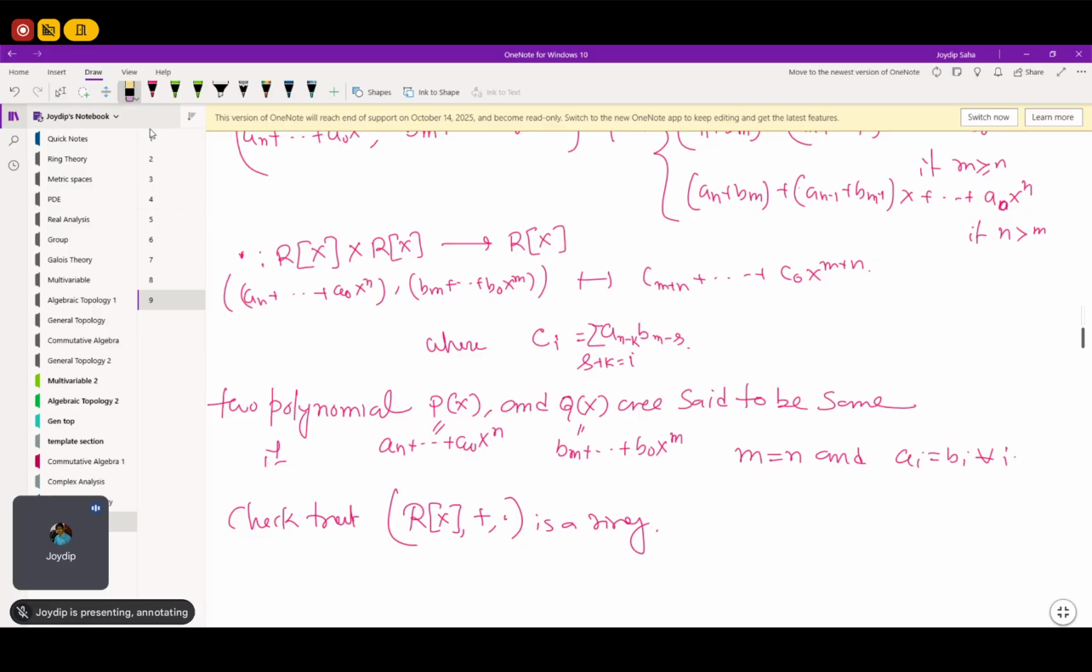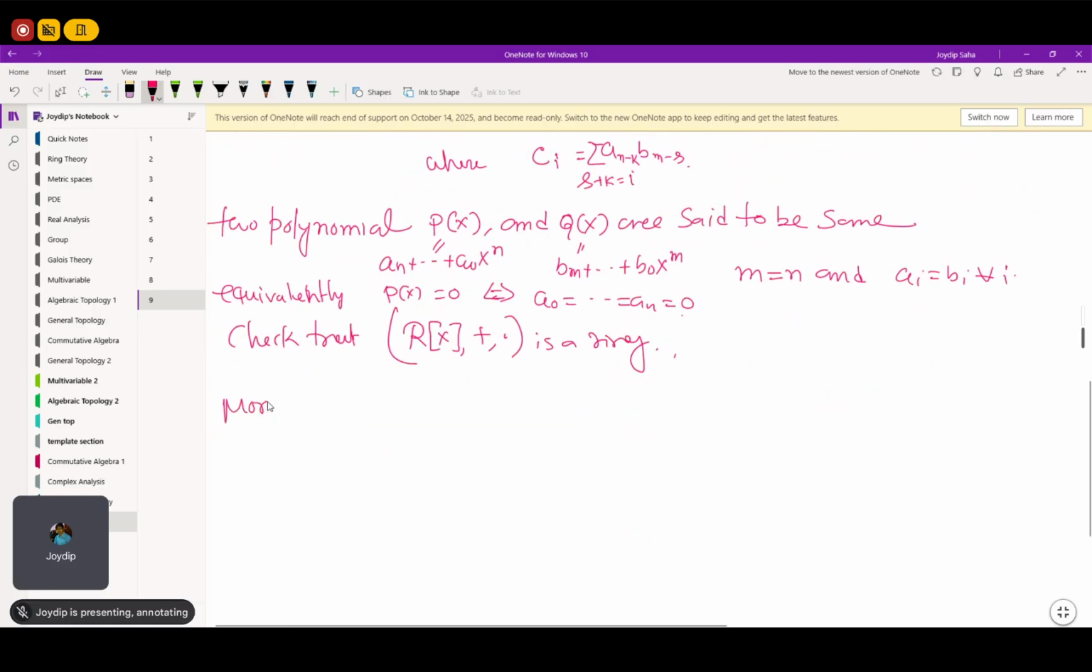Or Px is the zero polynomial if and only if all coefficients are zero. Okay, Px equals 0, all coefficients are 0. Now check that this is a ring, and